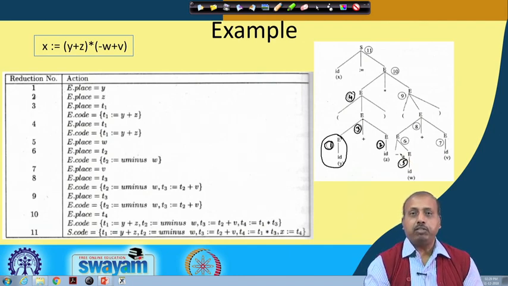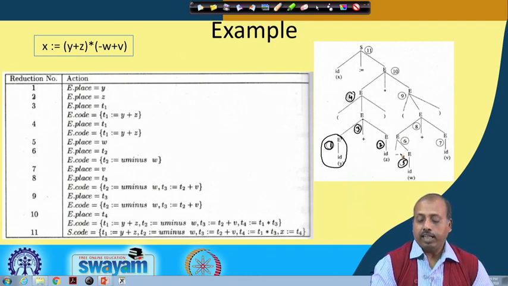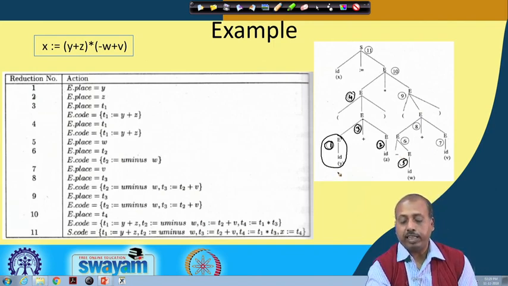What you can do is start looking from the bottom left side, and try to see how far you can proceed. When I start with the bottom left side, I can see that I can do this, but I cannot do this. After doing this I have to stop and go towards the right a bit, and see what is the next available reduction. That is this one. Once these two are done, this reduction is now ready. Once this is done, this reduction is now ready. But after that I find that I cannot proceed further.